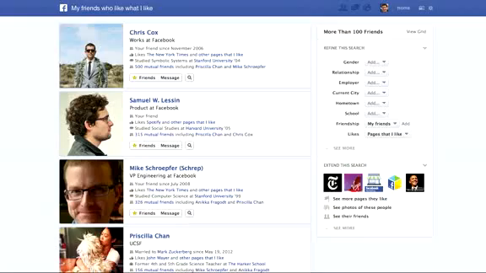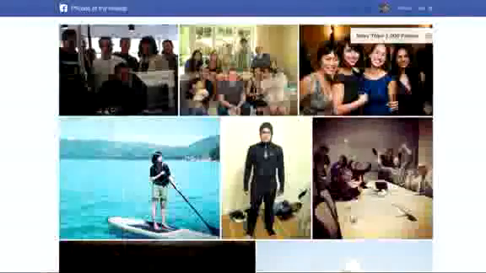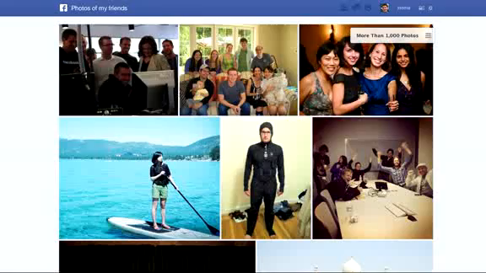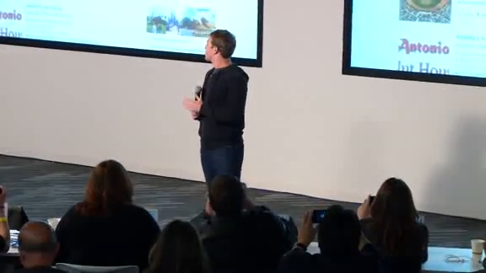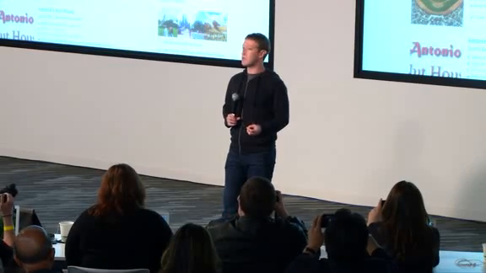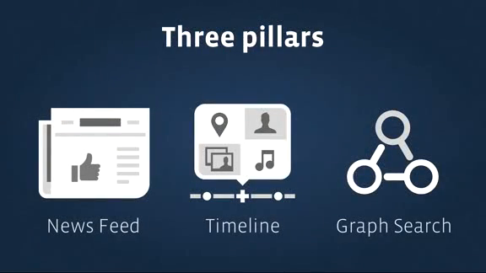So what is the third pillar? Is it things that my friends like? Well, that's pretty interesting. Could be useful. Is it photos of my friends doing something? It's pretty good, too. What about places that my friends have been to or places that my friends like? Well, that's pretty neat, too. But the reality is that what's more interesting than any of these things individually is giving people the tools to take any cut of the graph that they want and make any query that they want. And that's what we're going to talk about today. That's the third pillar of the Facebook product ecosystem, and we're calling it graph search.